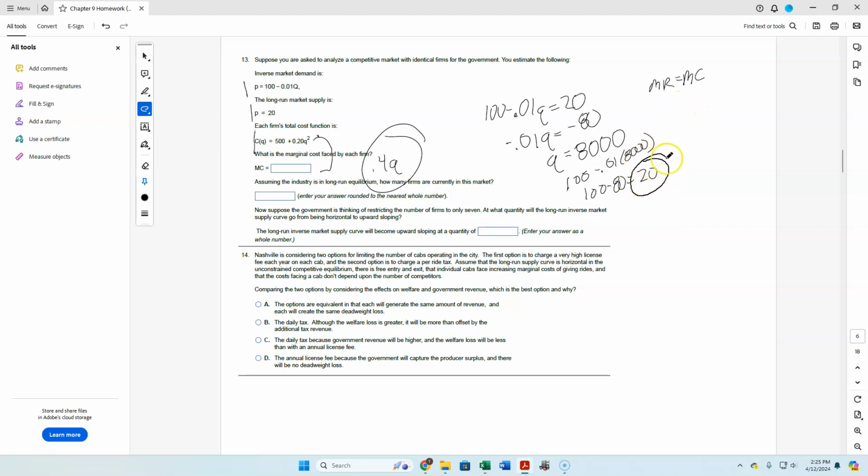So each firm is going to make 20. 8,000 divided by 20 is going to get me 400 firms. So my market quantity of 8,000 divided by